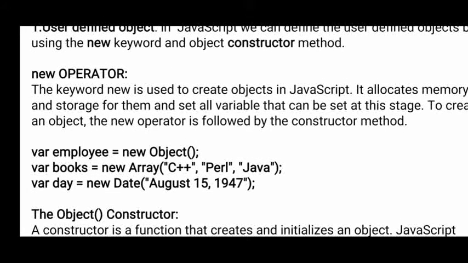Okay, so the new operator. What is the use of this new operator? This new operator you have in Java also. The new operator allocates memory to an object. When you have created an object, the object needs memory. Who will give the memory to an object? The new operator will give the memory to the object. Because if you want to store the properties and methods inside the object, then what do we need? We need a variable, we need a space. That space is given by the new operator.